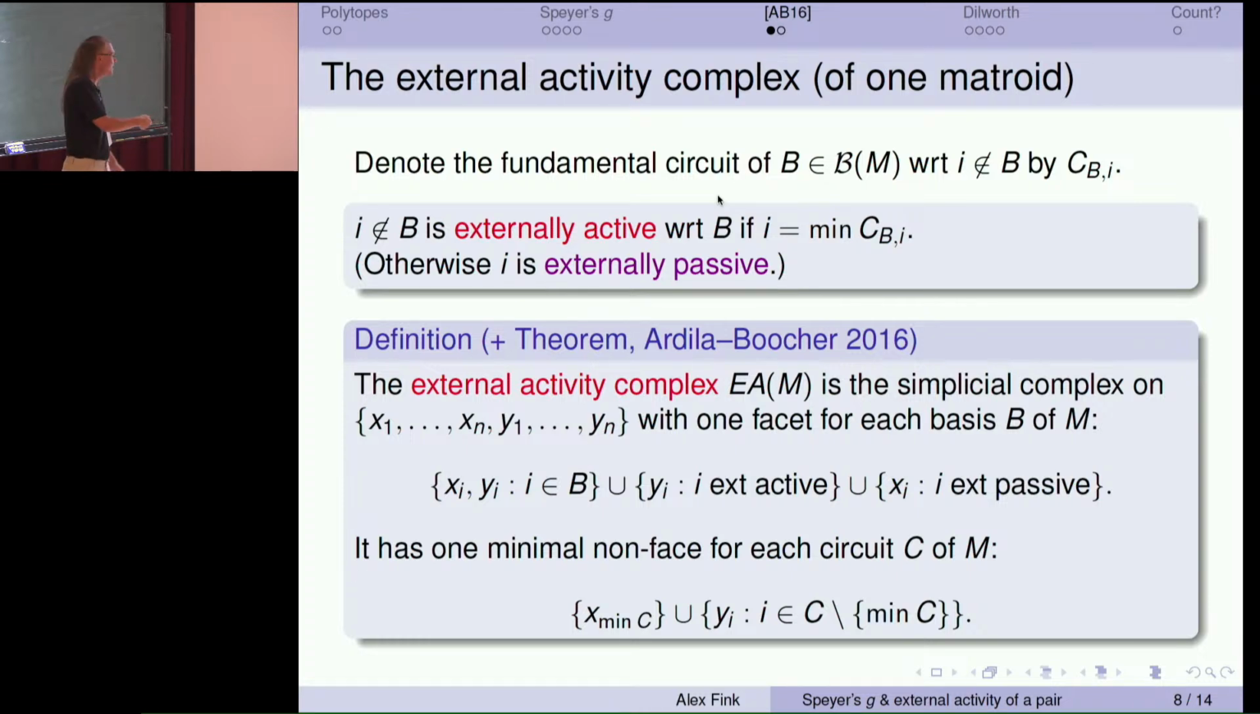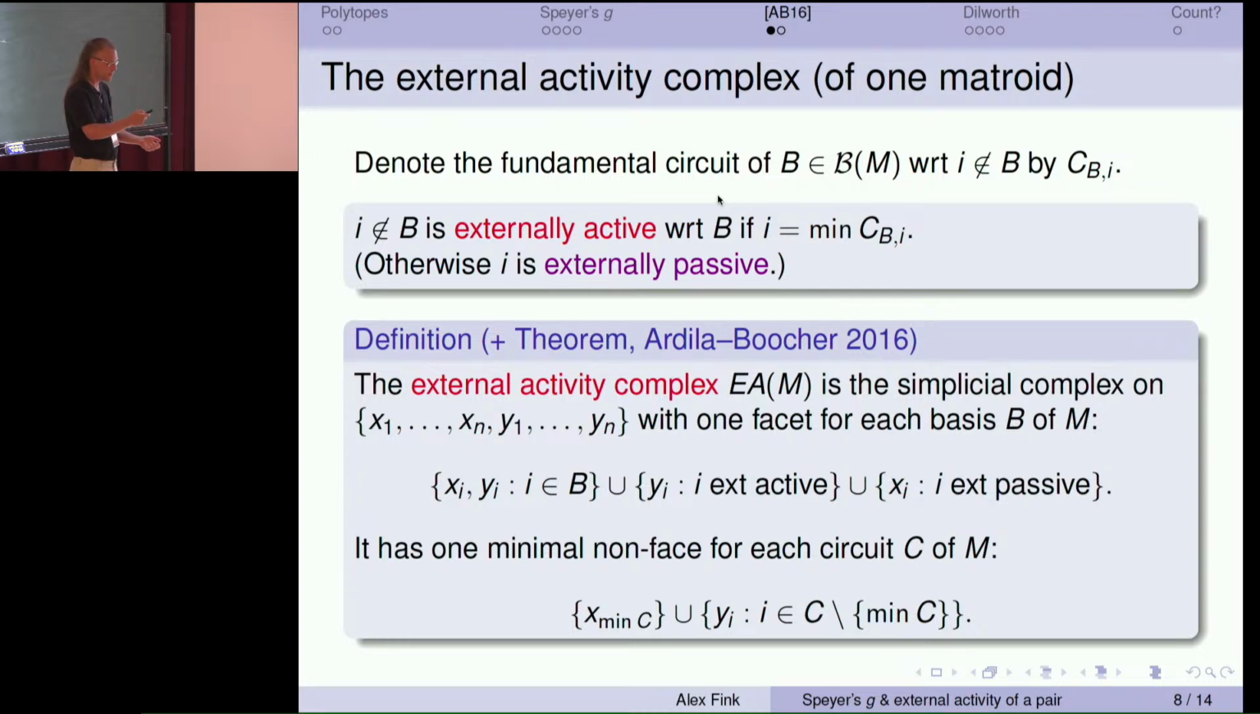How do we color the bases? Elements in the basis, you give both colors. Elements not in the basis, you color according to whether they're externally active or not. So this definition plus theorem: you define this complex one way and it satisfies both of these presentations. This is sort of the combinatorial heart of the work that introduced the